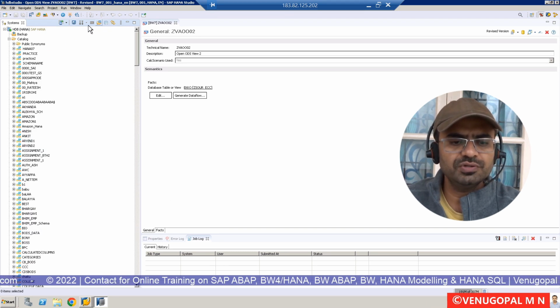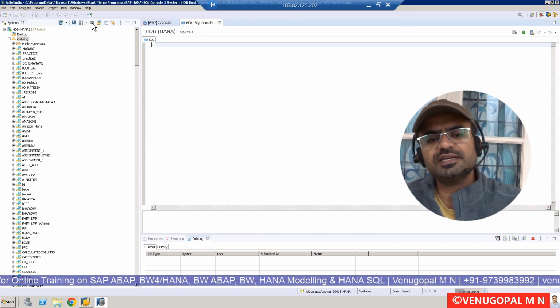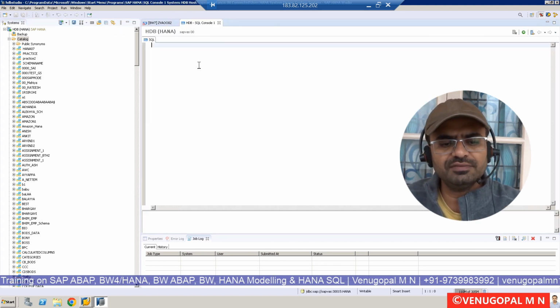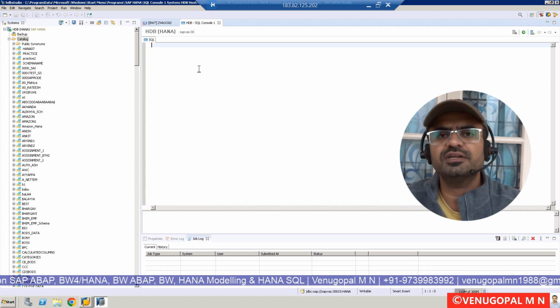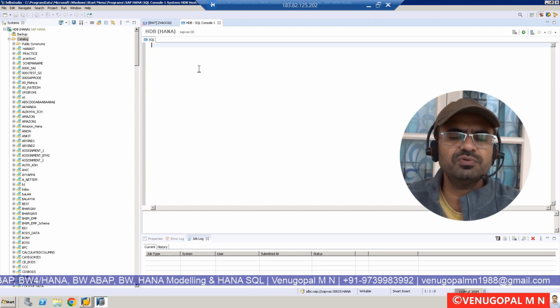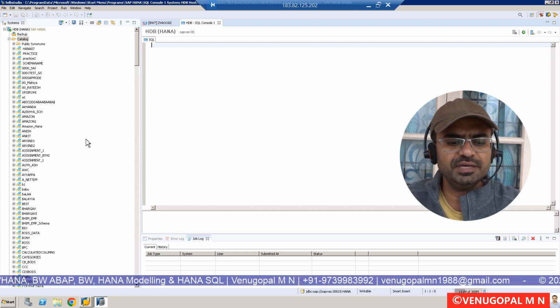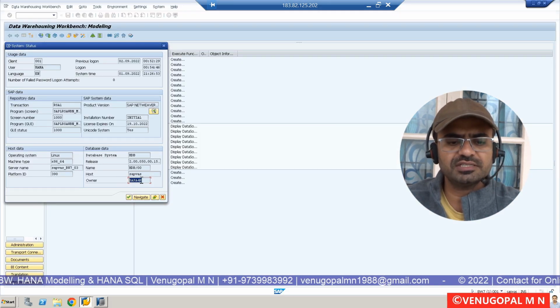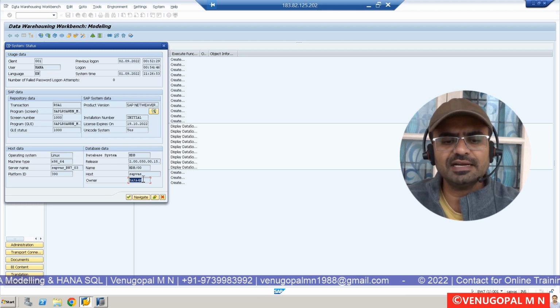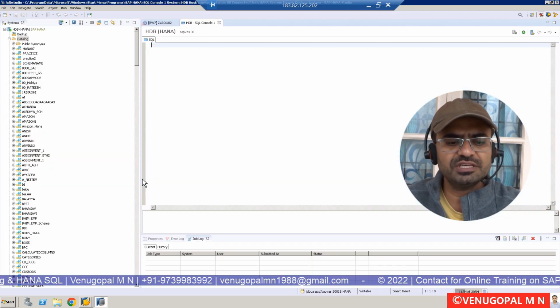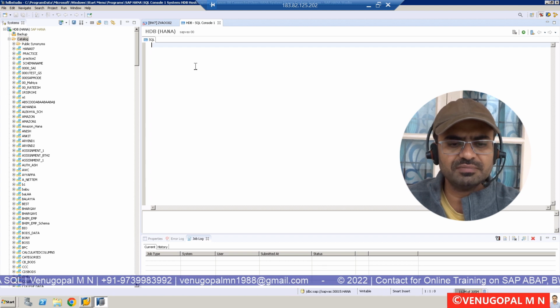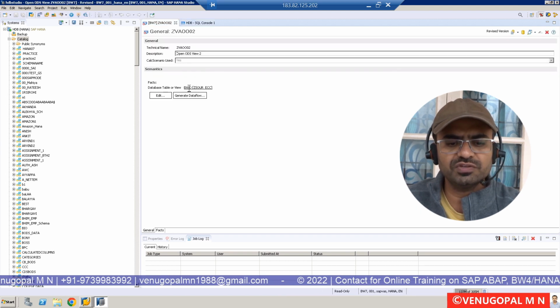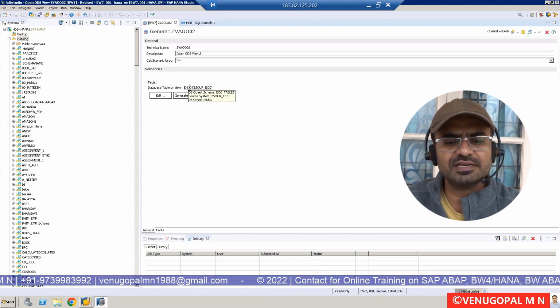What we have to do, you have to click on SQL console. Actually, this activity I am showing you right now, but ideally we will not have enough authorization to do this. You have to ask your security team to execute this T code. Meaning, I should ensure the owner of this BW on HANA system, this user ID, is having select authorization on which schema,